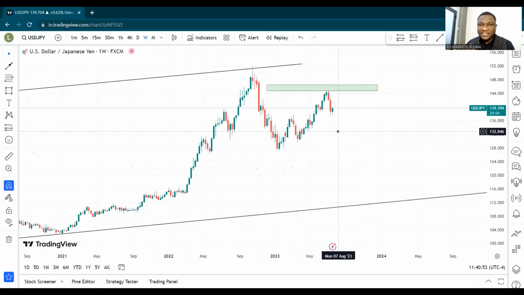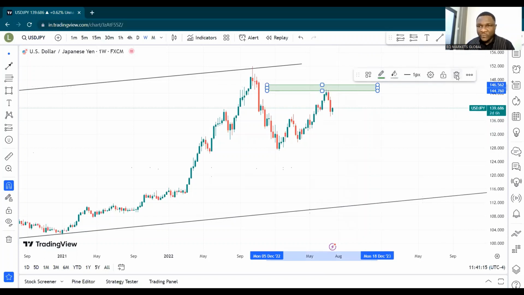So what are the entry technicalities? Because of course we've missed this particular entry level here. If you had seen it, you would have taken it, like I took it because I saw it on time, but you want to re-enter this market. What are the technicalities? What are the things you should see before you can re-enter this market and ride it all the way down? So let me clear this off.